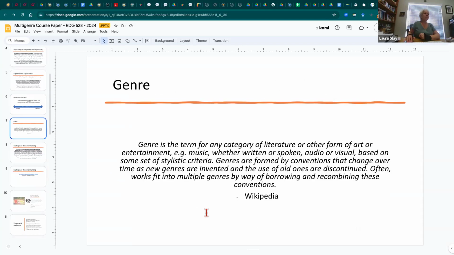And so here's the term where I define genre: the term for any category of literature or other form of art or entertainment, whether it's spoken, audiovisual, or written, however it is that you want to do that. And these genres form conventions that change over time as new genres are invented. So think about what you see in literature now from what you saw when you were a kid. You probably didn't have as many picture books that would have a narrative and poetry all in the same book. You see, our work has changed. At least I've seen that change, where